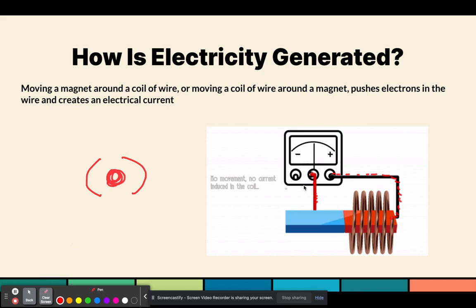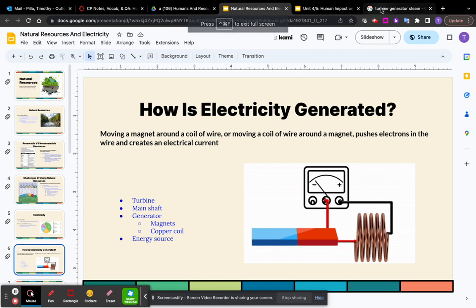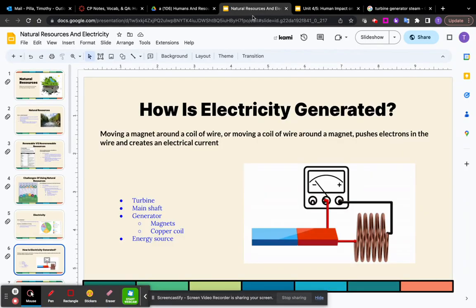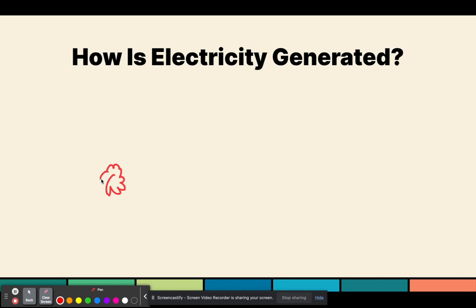And I'm going to show you a picture. This is the most simple way. A more modern way that we do this is using turbines. And turbines look like this. They're these big crazy things. Essentially, all that a turbine is, it's very simple. They put some kind of fan blade, yeah, it's a fan, and they attach it to a shaft,